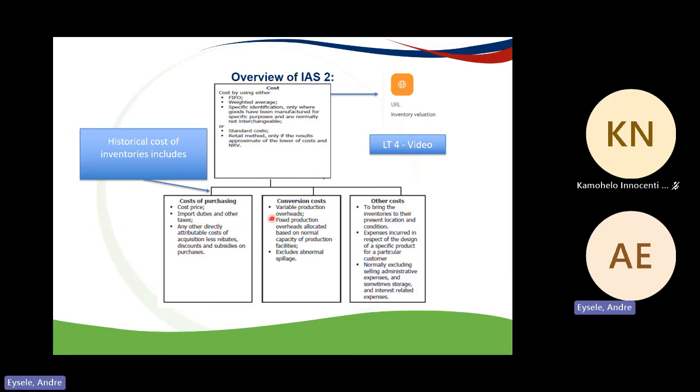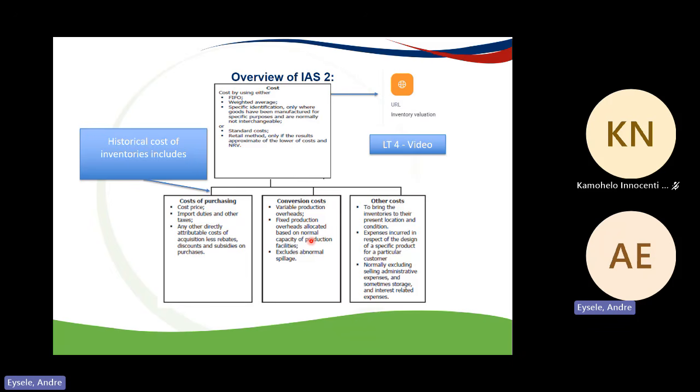Because, colleagues, to come back to fixed production overheads, you will see this at a later stage. When we are dealing with fixed production overheads, for example, depreciation of the factory building or the rent of the building, we do not know as of yet how many units we can produce at the end of the period, but we can allocate fixed production overheads on normal capacity. Normal capacity tells you that under normal circumstances, you can in a year make, say, 20,000 units or bicycles.